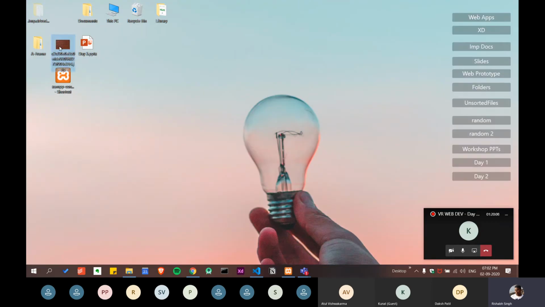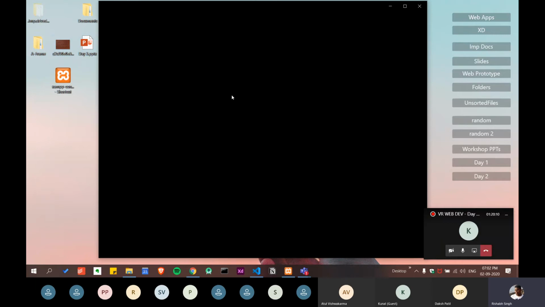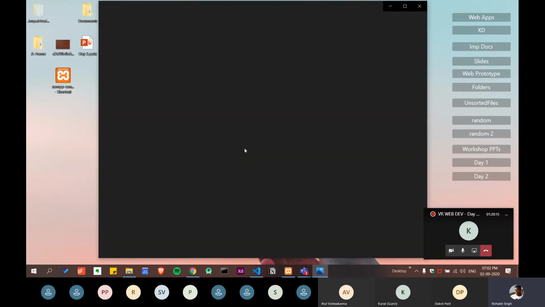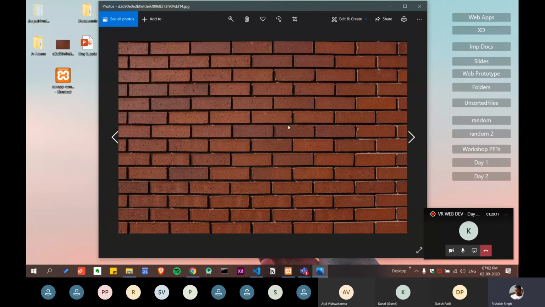I have this particular photo. Let me show it. Okay, it is loading. As you can see, it is nothing but just a photo of a wall. It is giving me some texture of a wall. So what will happen when we put this photo on our box?